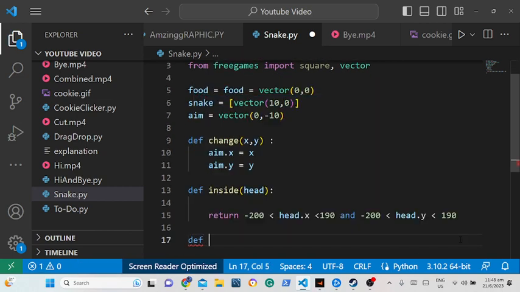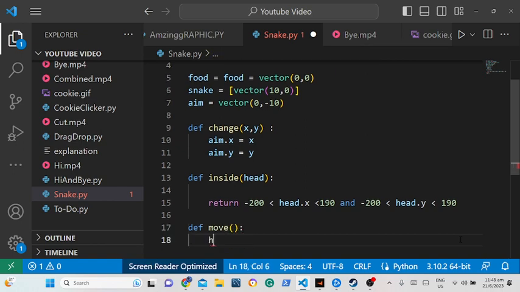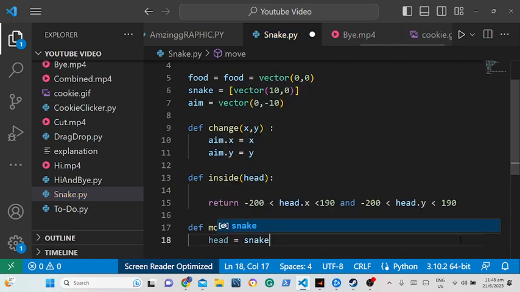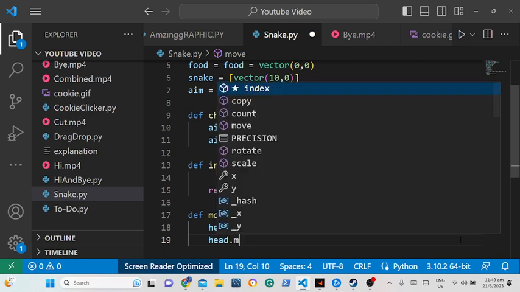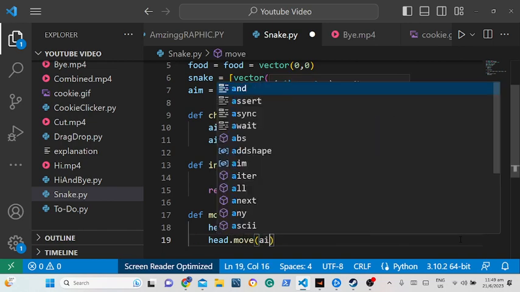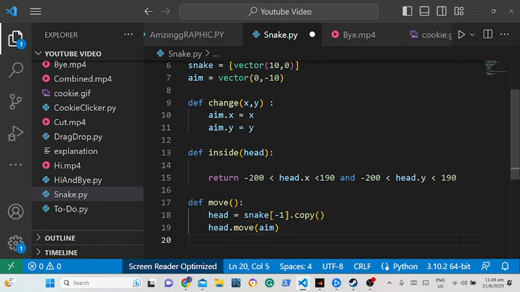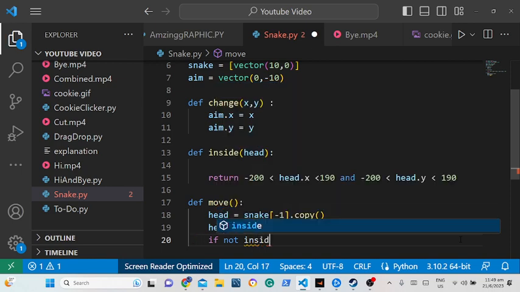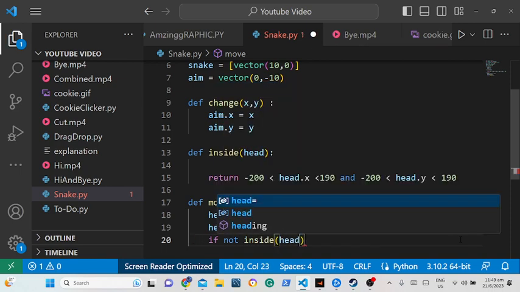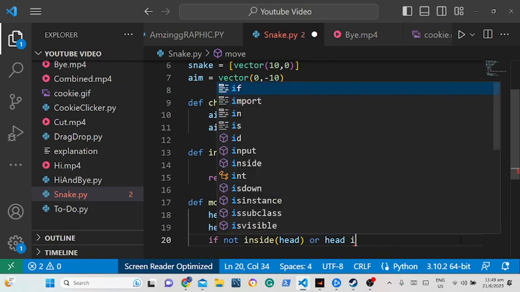Now we have to define something new, which is called move. Define move. So head is equal to snake. Over here we need to put -1 in our list dot copy, and that's what we need. Then after that, head.move, aim. So if not inside head or head in snake,